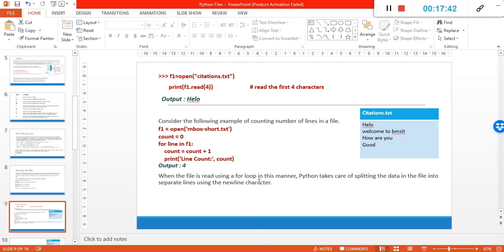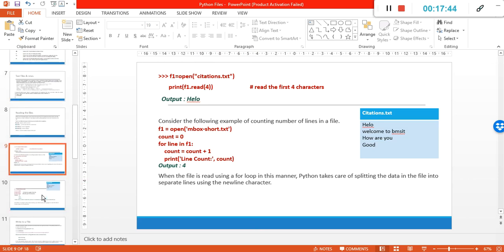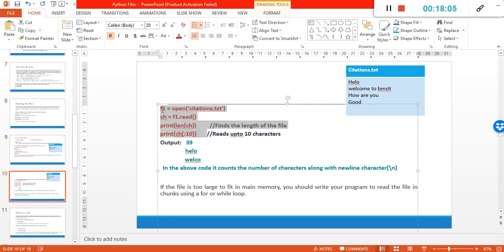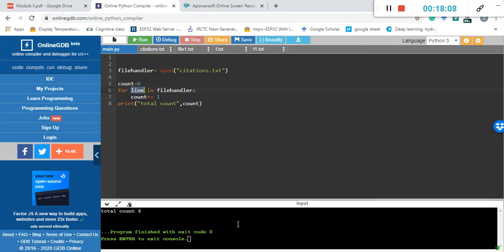The next thing we will see is, I want to count the number of characters. How do you process the number of characters? I want to read the complete content and store it in a particular string variable. Then, if you find the length of that string using the predefined function, you can do it here. Similarly, we will see that.